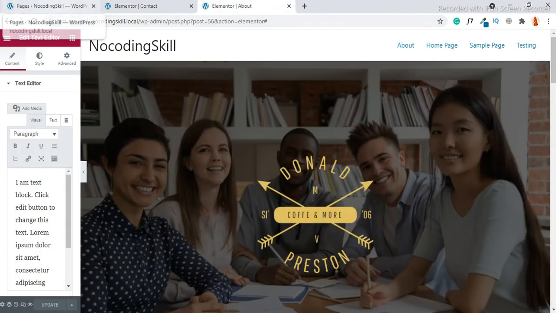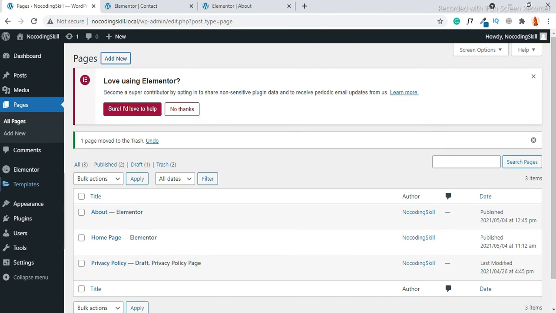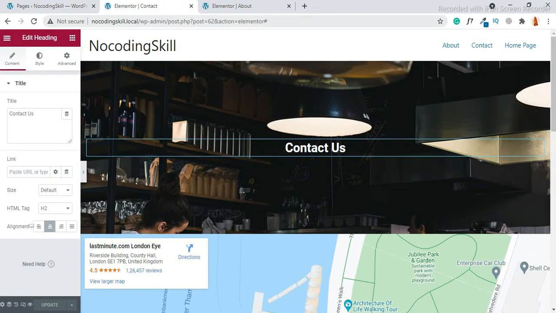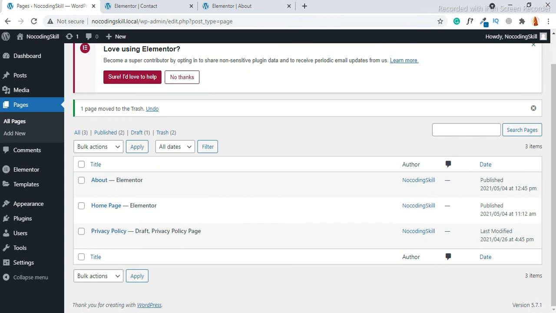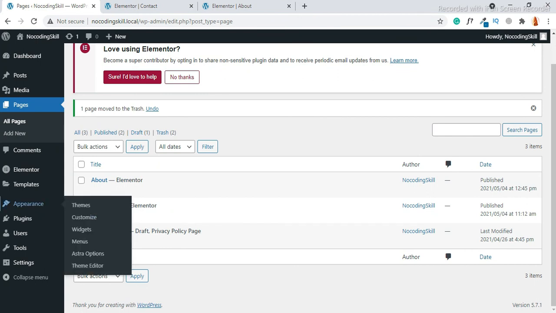Okay, let's set the arrangement. Let's set the order of the pages. Now contact page is coming after about. Okay, click over appearance and click menus.